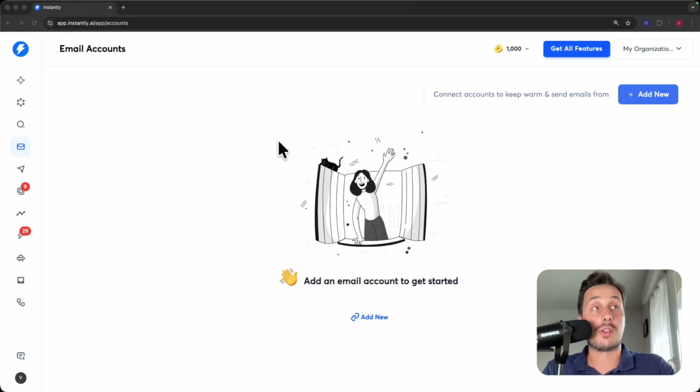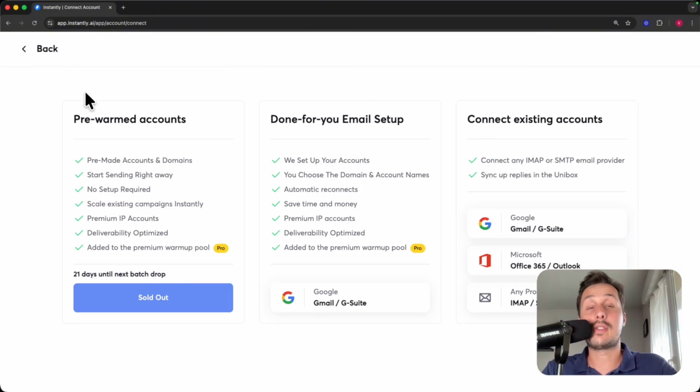All right, so now that you have access to Instantly and you have the good settings, it's time to connect some email accounts to Instantly. So for that, let's go back on my computer. So if you want to connect email accounts to Instantly, very easy. You go here in email accounts, then you click here on add new. So you see on this page that you have 3 options to connect email accounts to Instantly. But just before I show you in details how it works, I want to show you what is a good